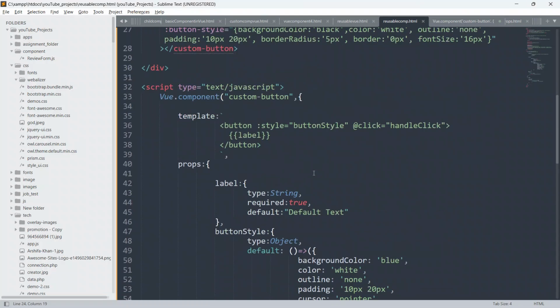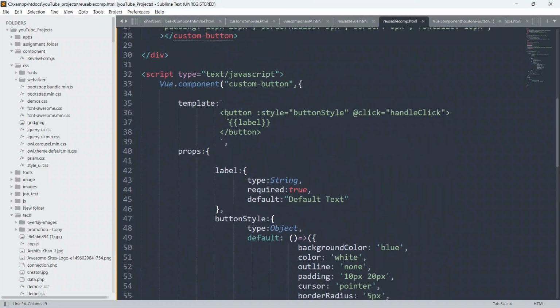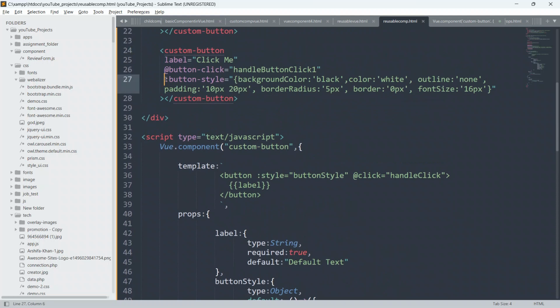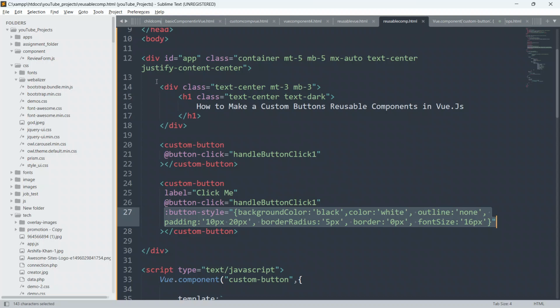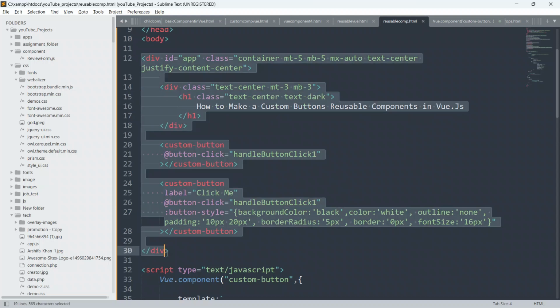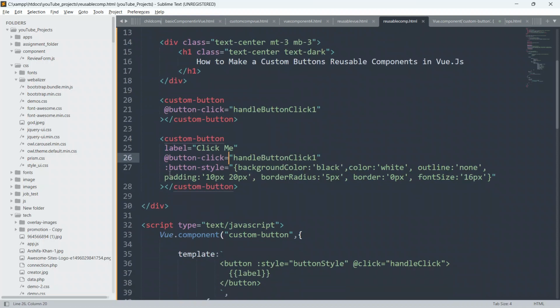Okay, so guys, here we are defining our custom style sheet in the parent component. This div is known as the parent component, and here we are defining our custom style sheet, and we are saying colon button-style.